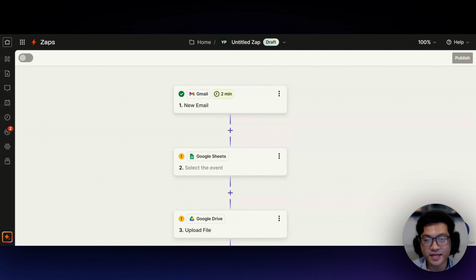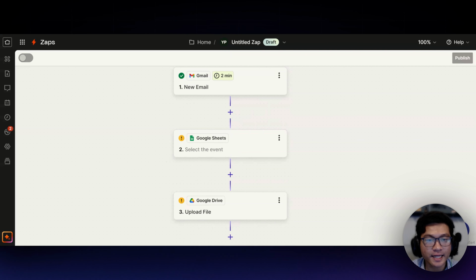Let's now consider the flexibility of Zapier and Make.com. Zapier here offers a solid set of features with a focus on straightforward, linear automations. As you can see, you set up a trigger and some actions, and that's pretty much it. It's perfect for straightforward tasks like sending emails or updating spreadsheets.